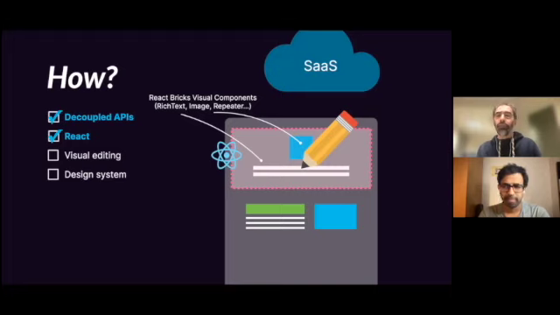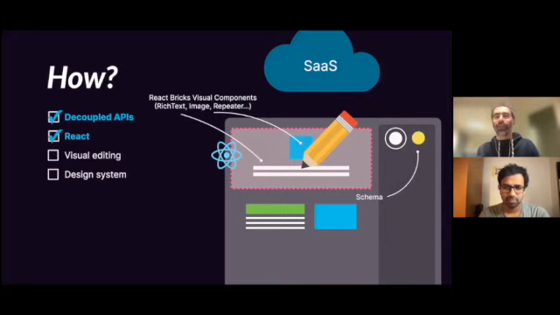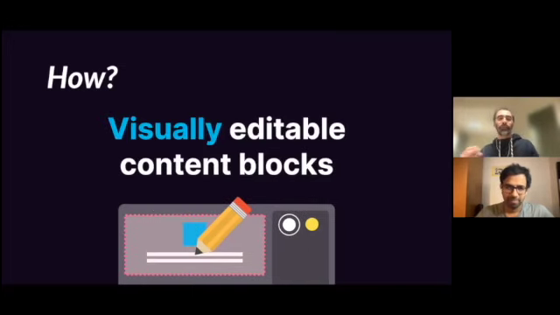On the other side, there are props that you cannot directly edit. Think of the background color. And so for this, you can export a schema where you map the props that you want to receive to controls that you see in the sidebar. So for example, in this way, the user can change the background color using this color picker control. And so the set of these content blocks make up your design system. And so you have a sort of Wix, but with your own design system. Let's say a Wix for corporate. And so everything turns around this concept of visually editable content blocks that we call bricks.